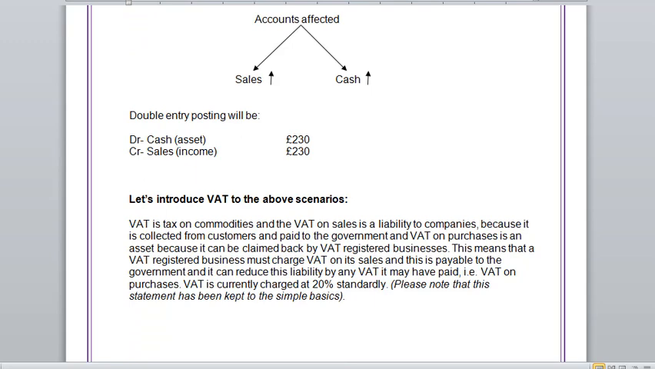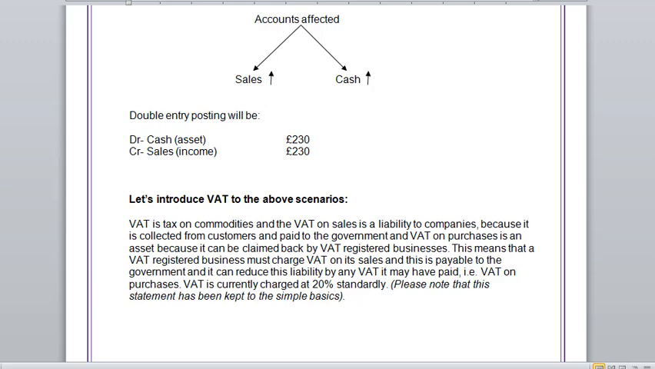Let's introduce VAT in the same way as one of the previous recordings and teachings that you have. VAT is tax on commodities, and the VAT on sales is a liability to companies because it is collected from customers and paid to the government. And the VAT on purchases is an asset because it is claimed back by the VAT registered businesses. This means that a VAT registered business must charge VAT on its sales, which is a liability, and this is payable to the government,